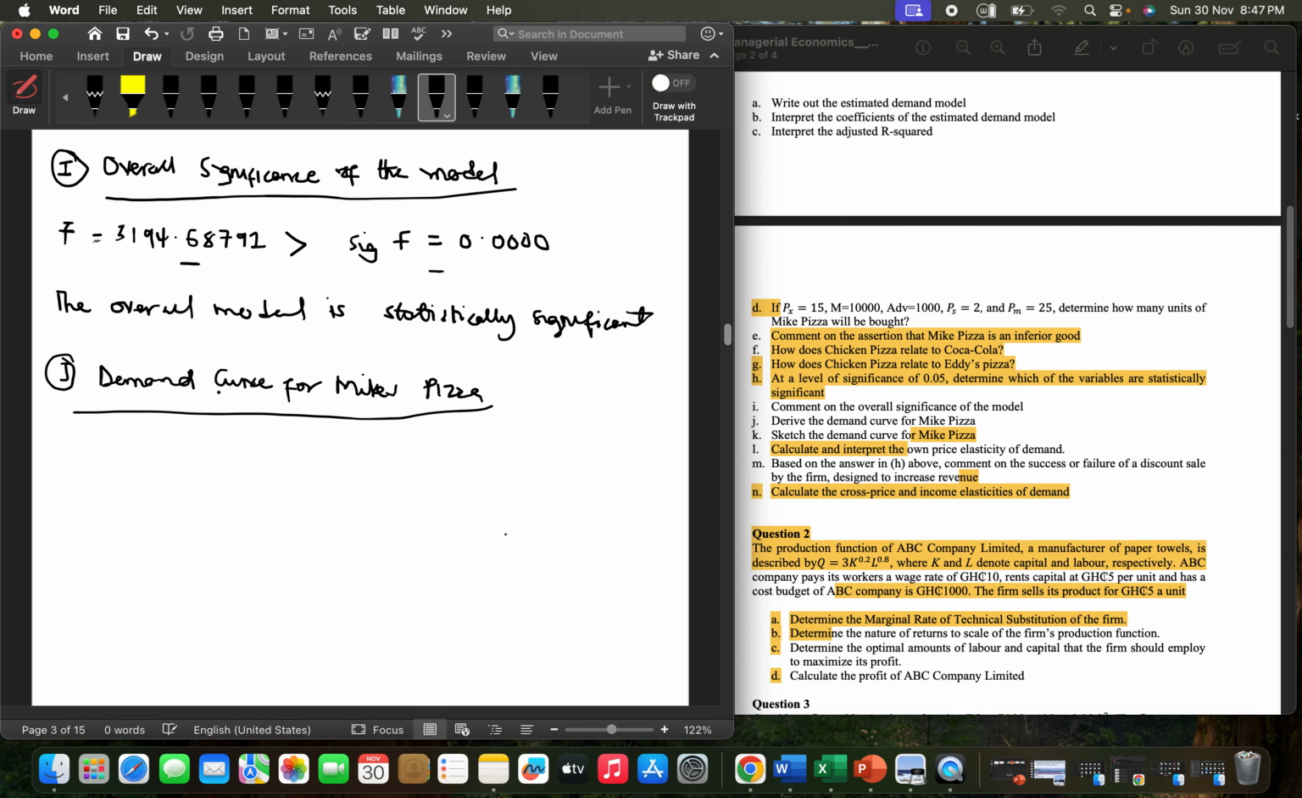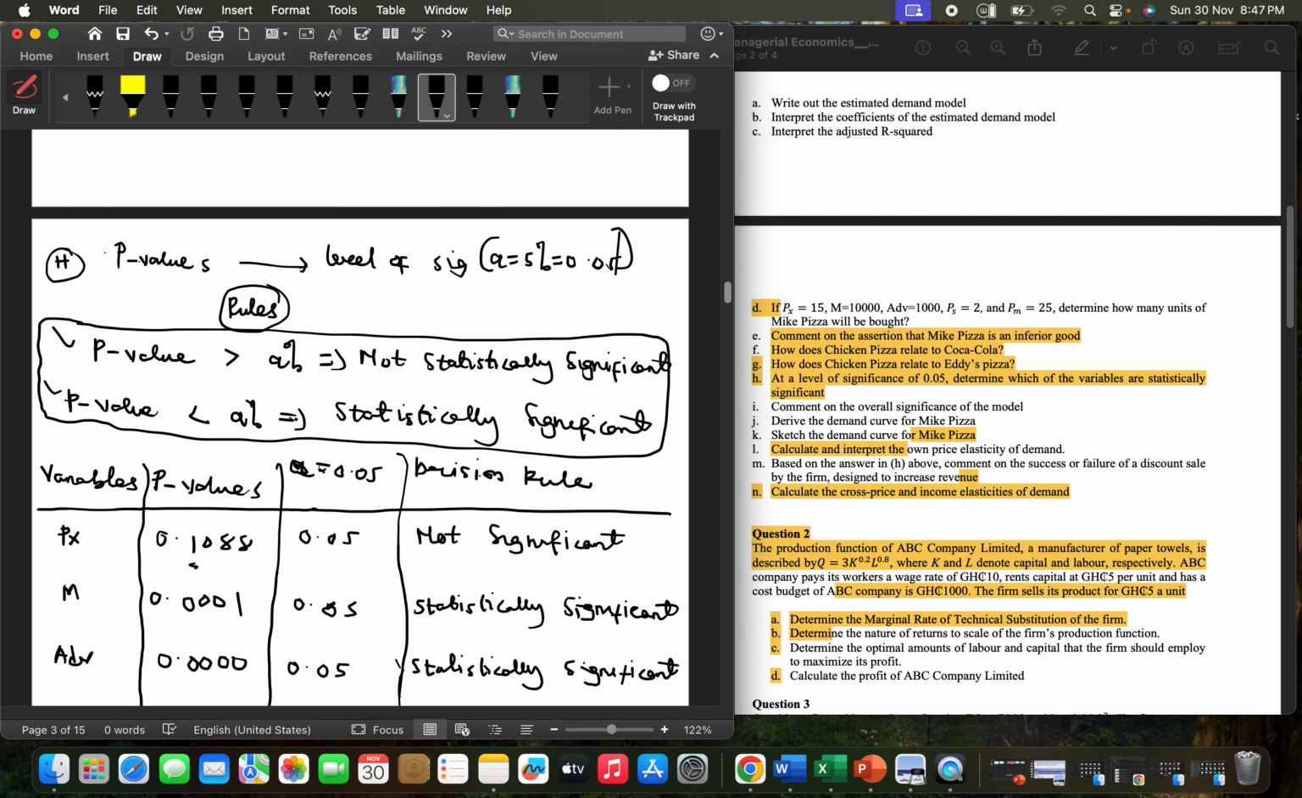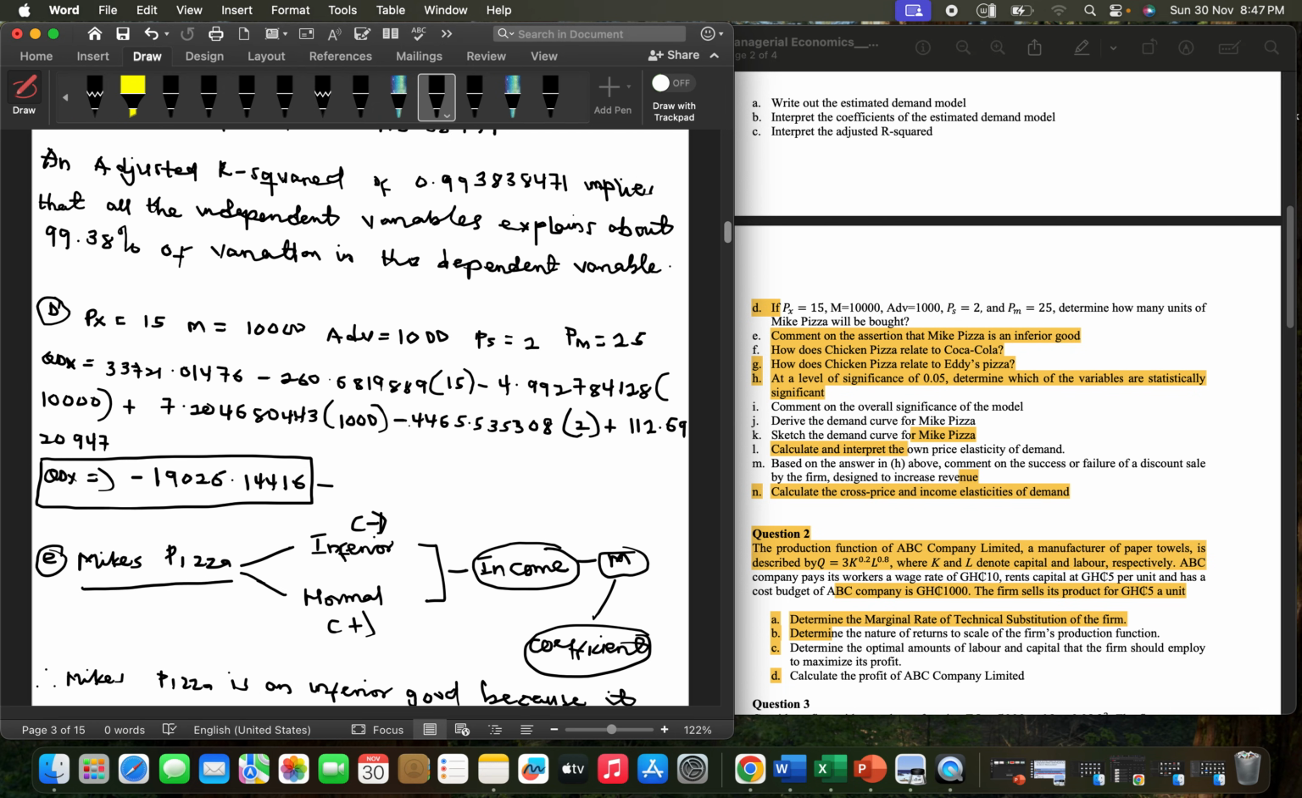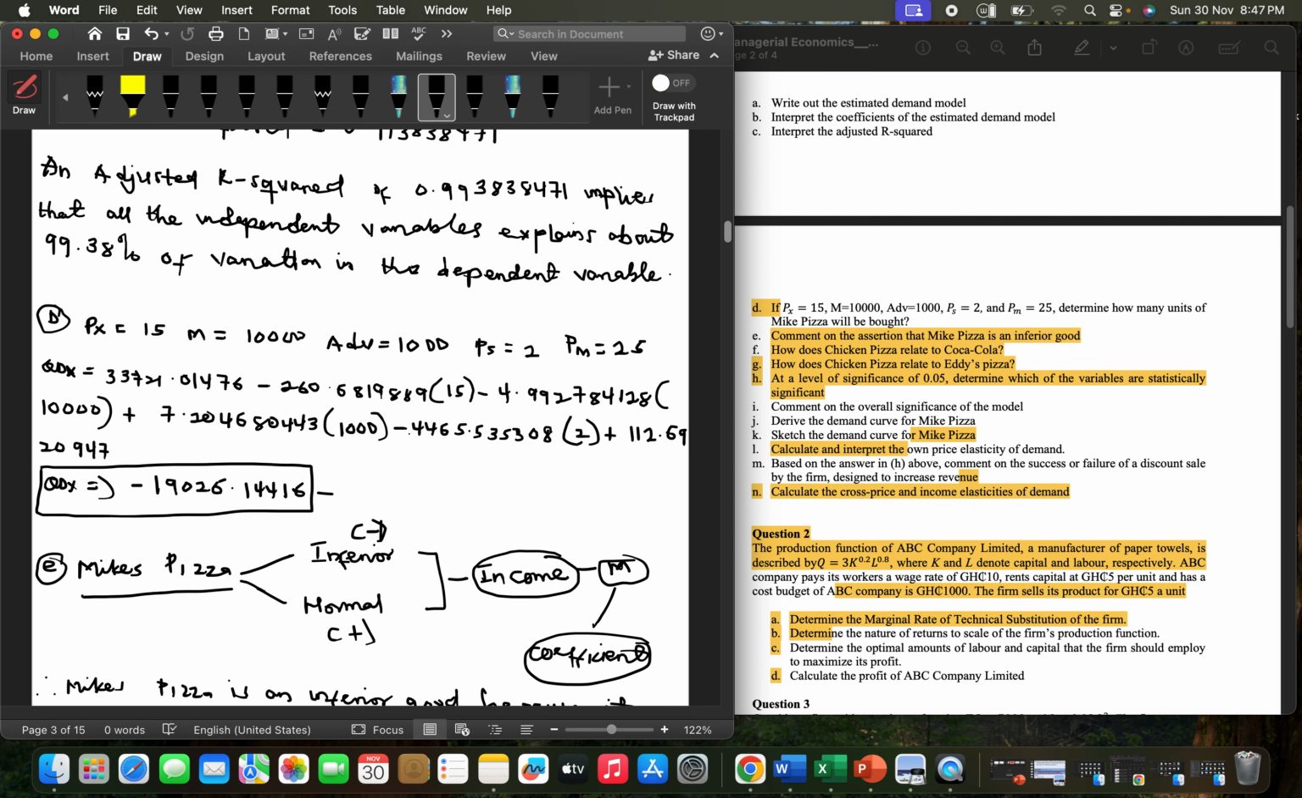So we've been asked to derive the demand curve for Mike's Pizza. We'll still use the same estimated demand equation we solved for. We'll use the same demand equation, but we've been asked to find the demand curve. It shows the negative or inverse relationship between price and quantity demanded of that same product. So once we pick the estimated demand equation, we would maintain Px, but with the other variables,